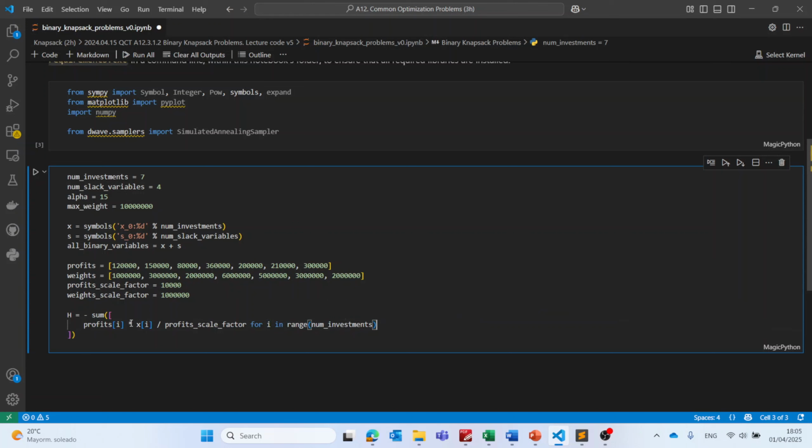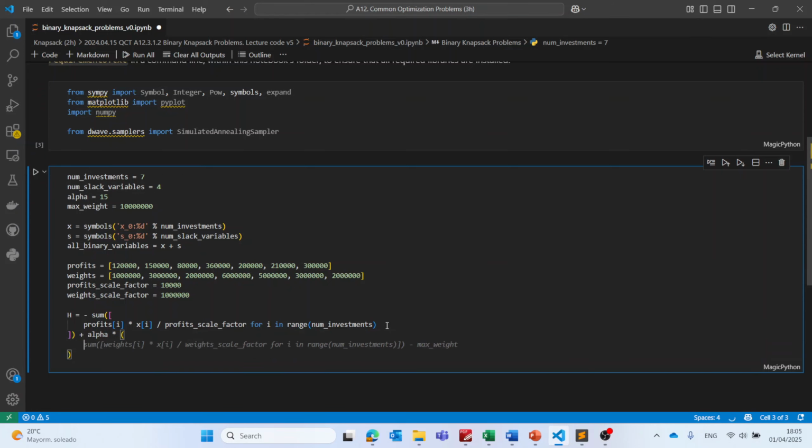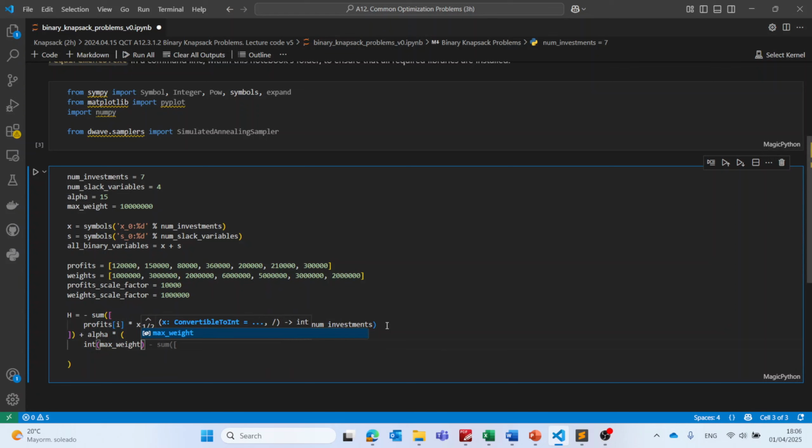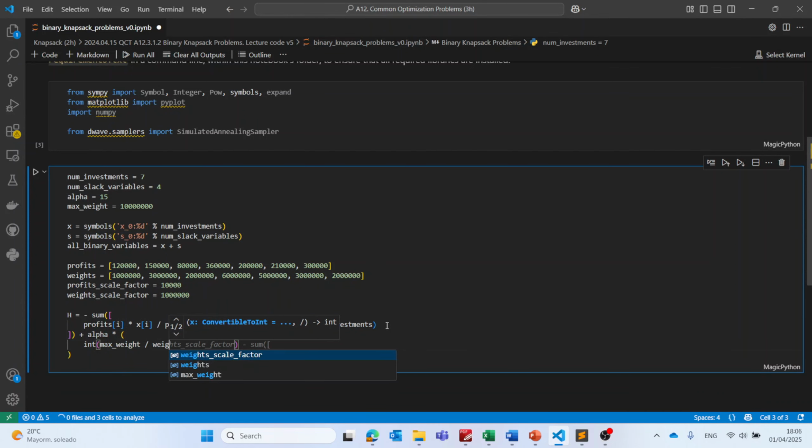So for all the companies, let's say. And we will also have here plus alpha, that is the Lagrange multiplier, multiplied by the integer maximum weight divided by the scale factor,